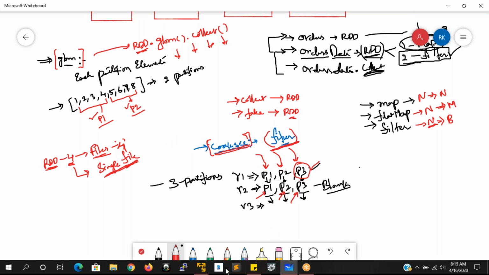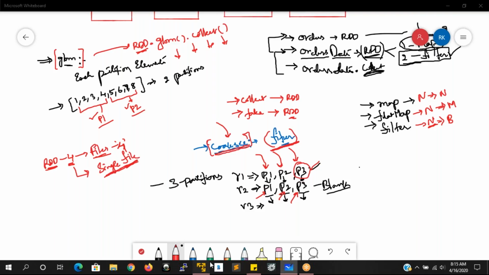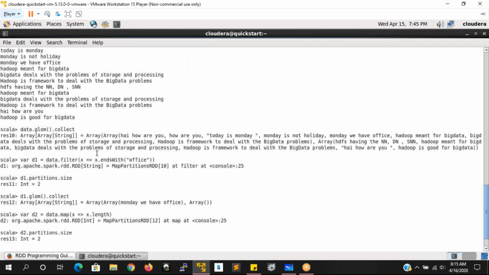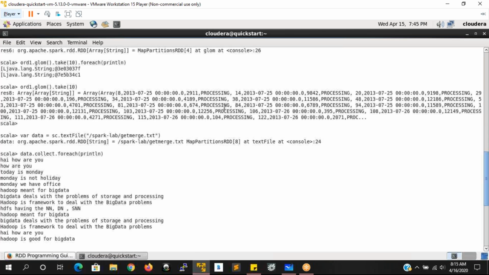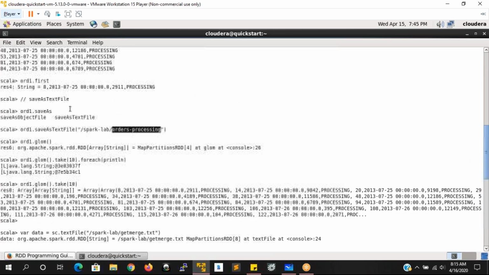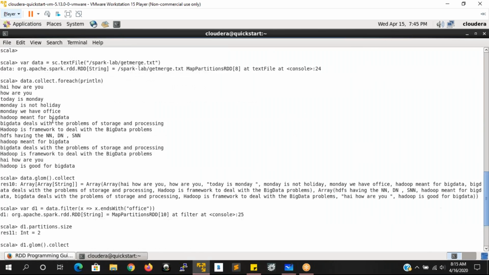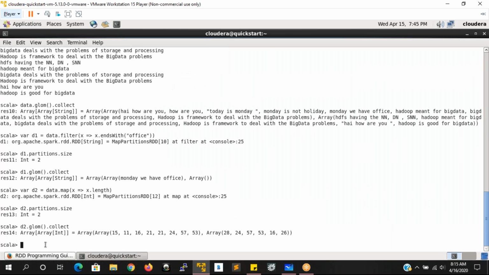Clear, right? Now, how do we apply this transformation on top of your RDD? Okay, let us see here. What is the data we are having here? We are having RDD1. We have saved the data into this directory. Now, I want to store this data into one single file. So, in this case, first of all, I have to apply RDD2 equals RDD1.coalesce. Coalesce, I'm going to apply.